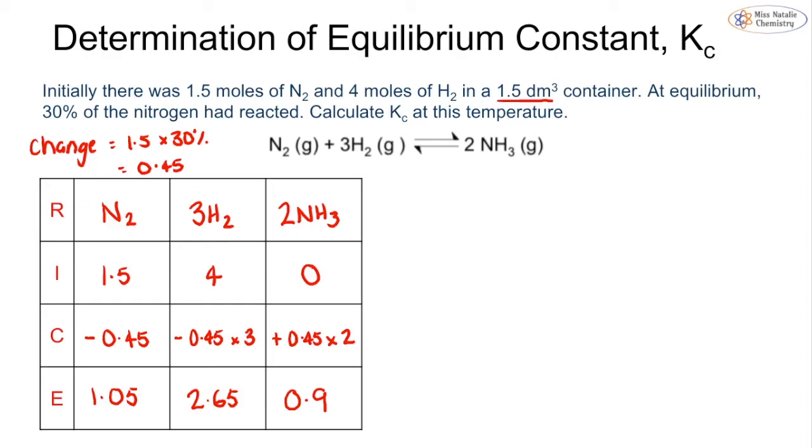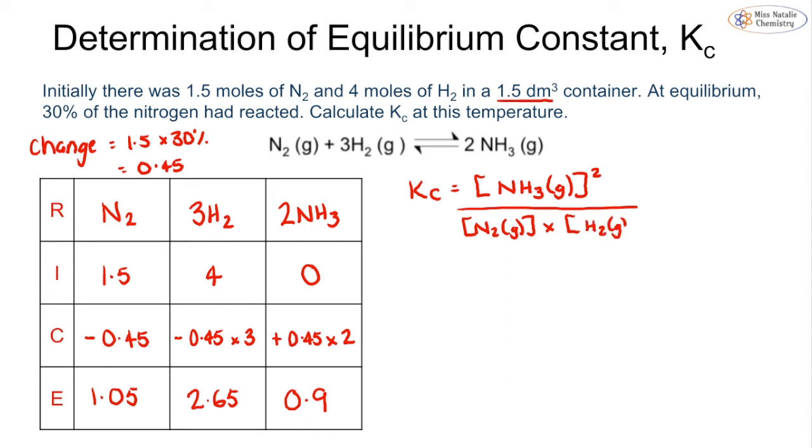Now you can show this as an additional step, or you can write it directly into your Kc expression. It's completely your decision. So in this case, I'm going to write it into the Kc expression so that we can see what this looks like. So I have the concentration of the ammonia to the power of 2, because it has that coefficient of 2. I have the concentration of the nitrogen at the bottom times the concentration of the hydrogen, which is to the power of 3. So my Kc is going to be 0.9 divided by the volume of 1.5, and that is